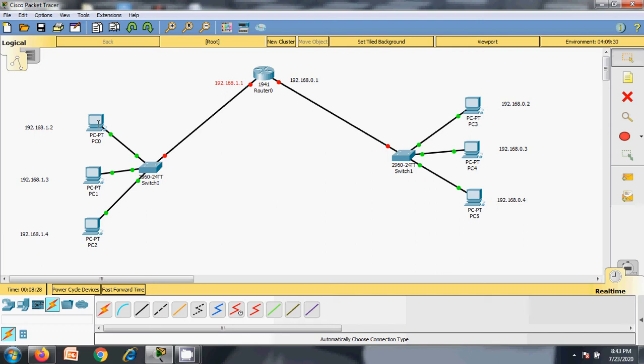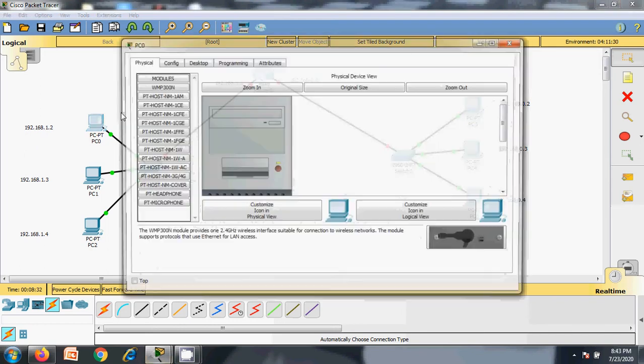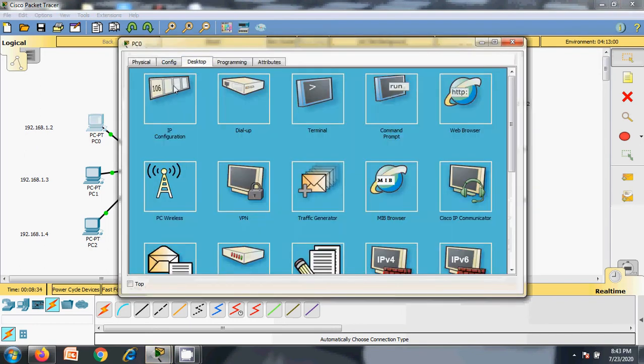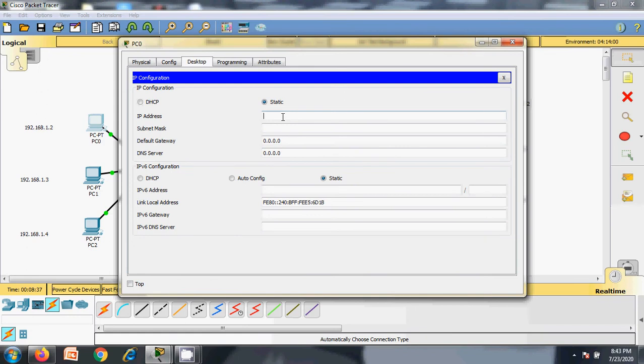So you have to define this IP for every PC, right? So 192.168.1.2, and 192.168.1.1 will be the gateway IP, right?